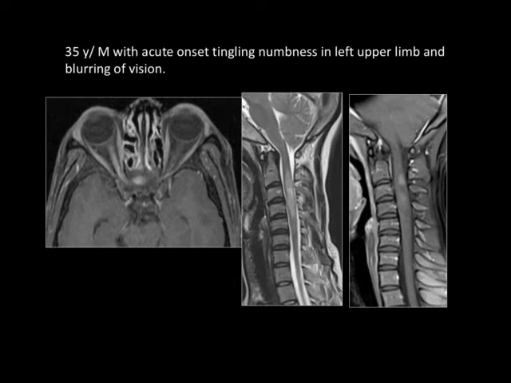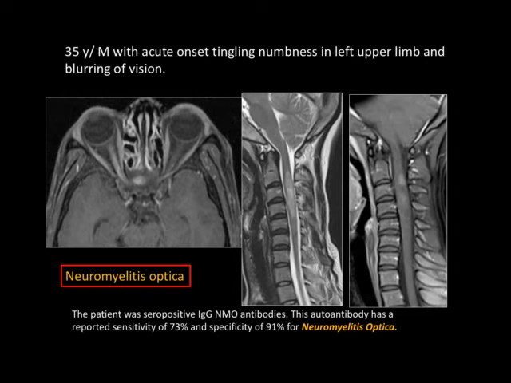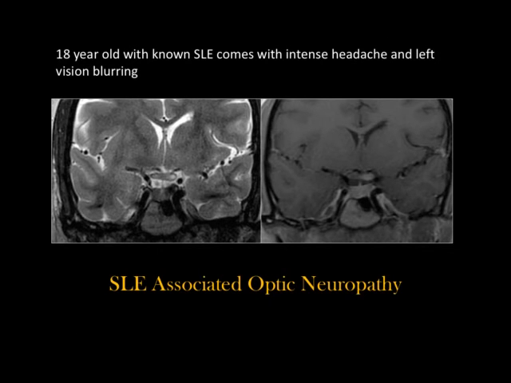In multiple sclerosis, usually it is short segment and there would be focal plaques, mainly involving the lateral funiculus or the posterior funiculus. I have not shown you the actual image, but if you have NMO, it would be central cord expansion, whereas these would be wedge-shaped plaques in MS. This is neuromyelitis optica, and there is NMO antibody. 73% of patients will be positive for that antibody.